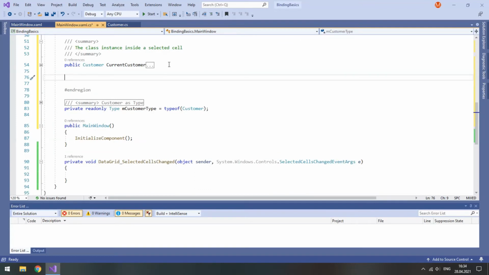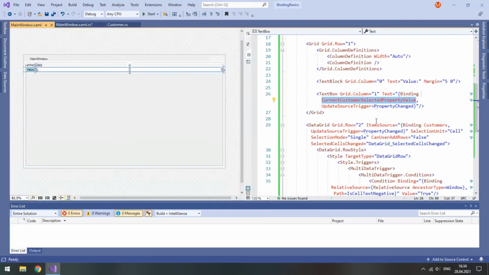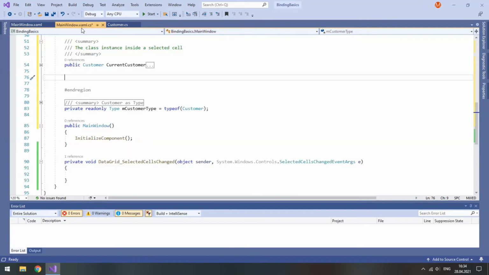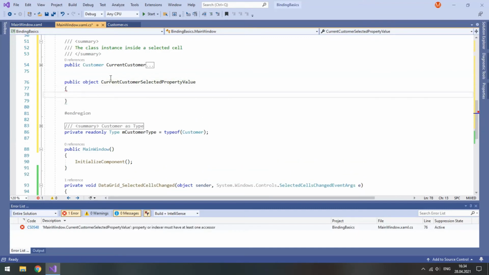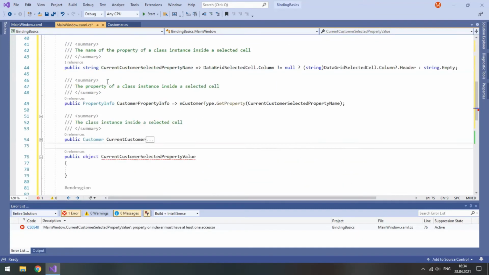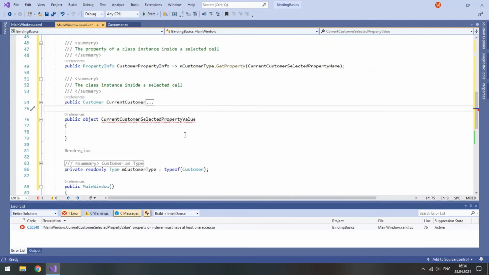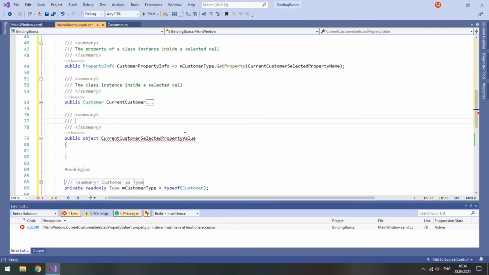But that's not it. We also need another property to store the value of the property of a class instance inside a selected cell. So I will copy this name and type public object because our property could be string, int, and so on. So current customer selected property value, and it's a bit complex, but not as the current customer. So let's leave a summary here.